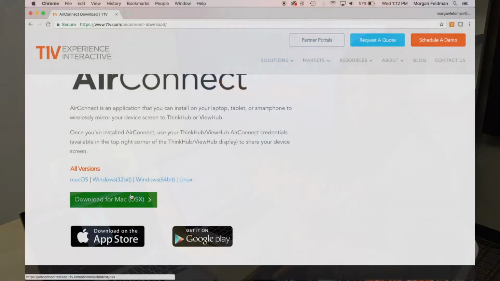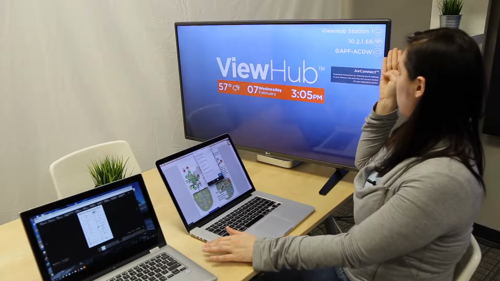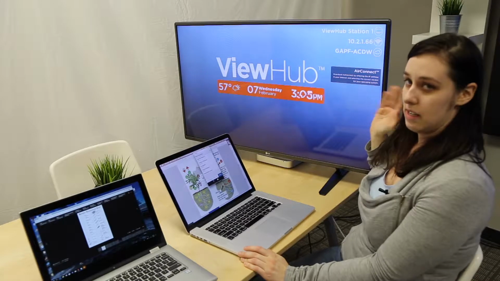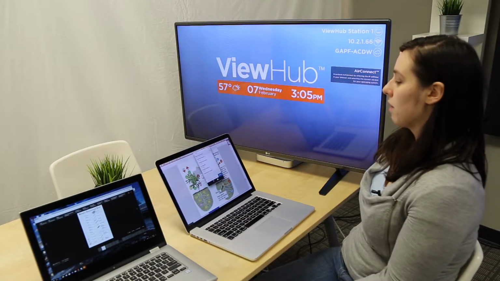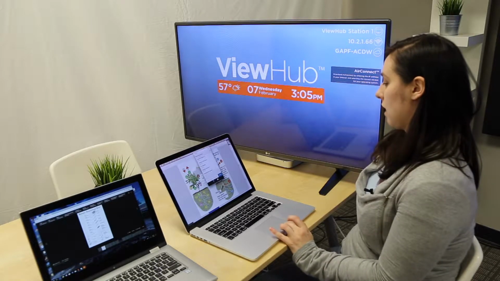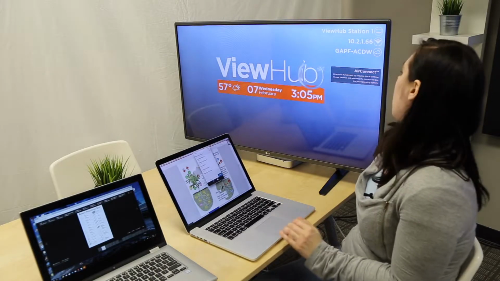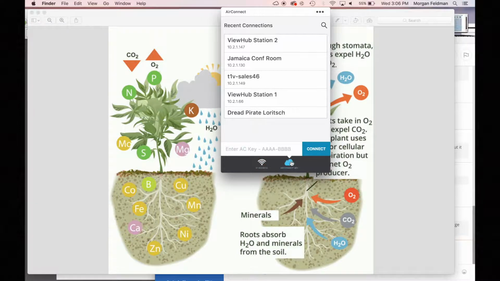And I can do that by going to tyomv.com/AirConnect. Once I've downloaded AirConnect, I am going to refer to this upper right-hand corner to get the information that I need. So ViewHub Station 1 is the name of the station that I'm connecting to. This is the IP address. If I'm on the same network, I will enter this IP address. If I'm on a different network, like a guest network or anything like that, I will use this AirConnect key. So you can choose which one is applicable. You just enter this information right here